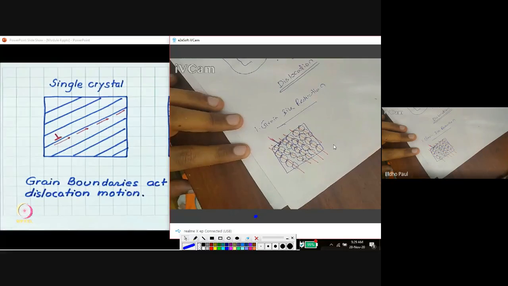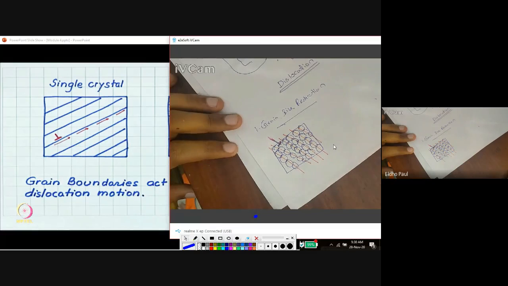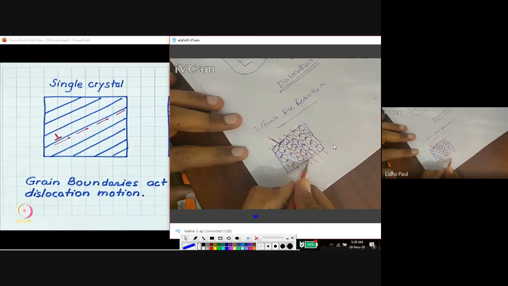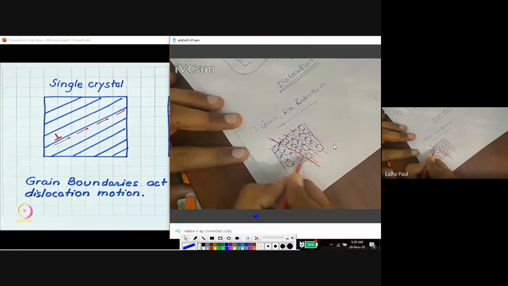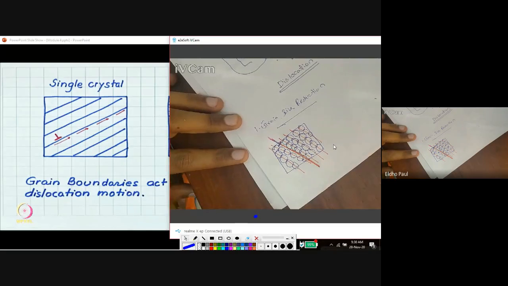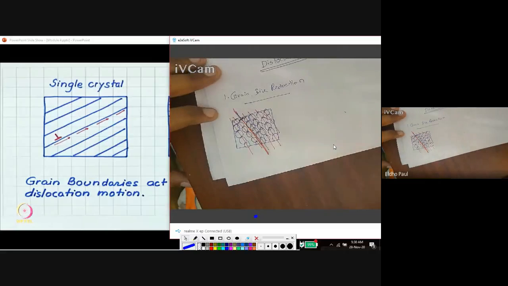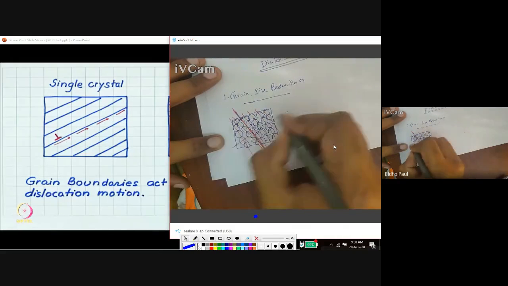If this material is regularly arranged and very close packed, then this dislocation can easily move along the slip plane. Along the slip plane, the dislocation can easily move from this end to this end without any restriction. If you take another plane, for example in this direction,